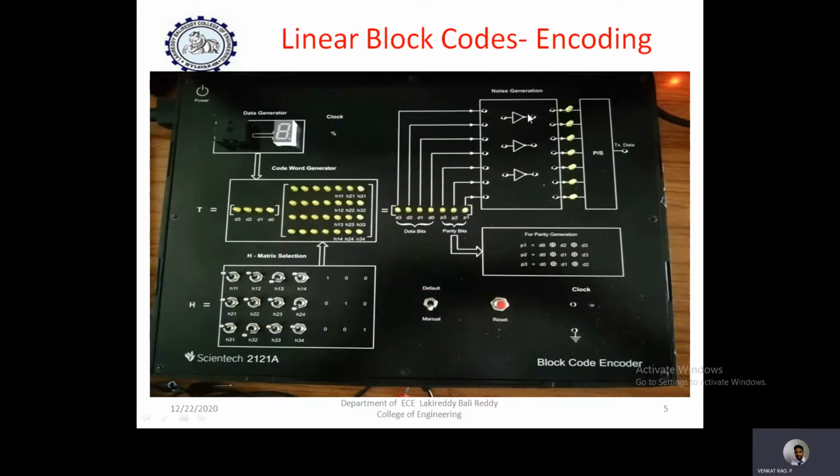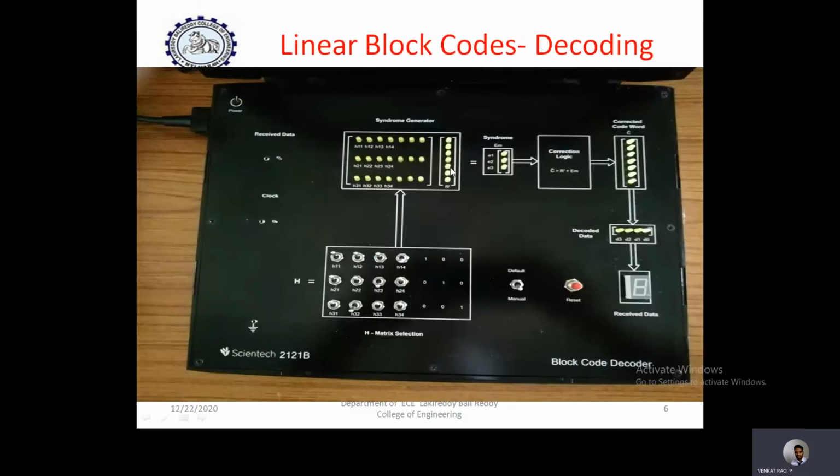So when you connect to the NOT gate, automatically that 1 becomes 0 or that 0 becomes 1, so that you can easily generate the noise. Intentionally we are generating noise in order to observe the experimental analysis. So connect any one pin to one NOT gate and reverse that bit position so that the error data will be coming at this encoder output.